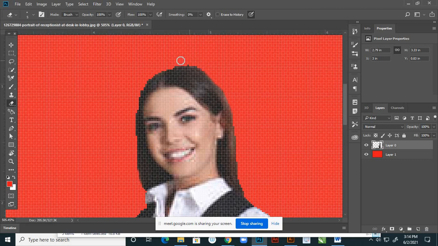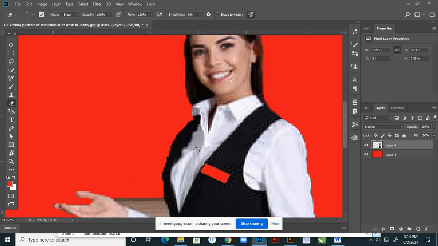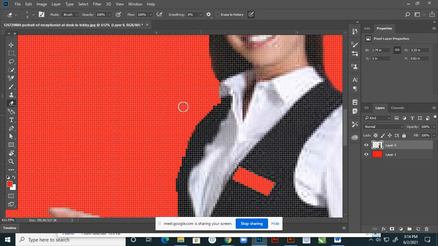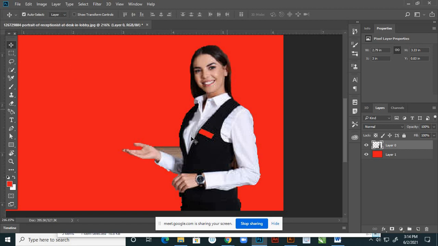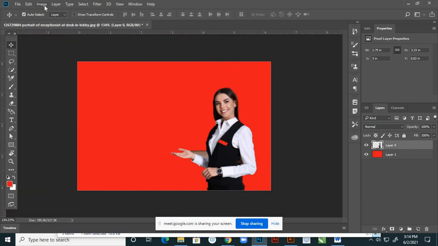So if you use that pen tool, you will get a clear, proper line. Anyway, you can give some adjustments at that particular area. Anyway, so now check the resolution.